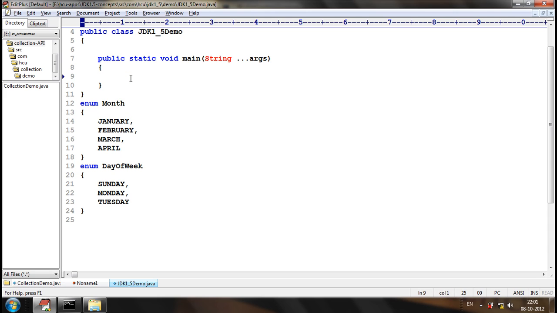So, how can we refer to enum constants? Just the enum name dot the constant name, like this.